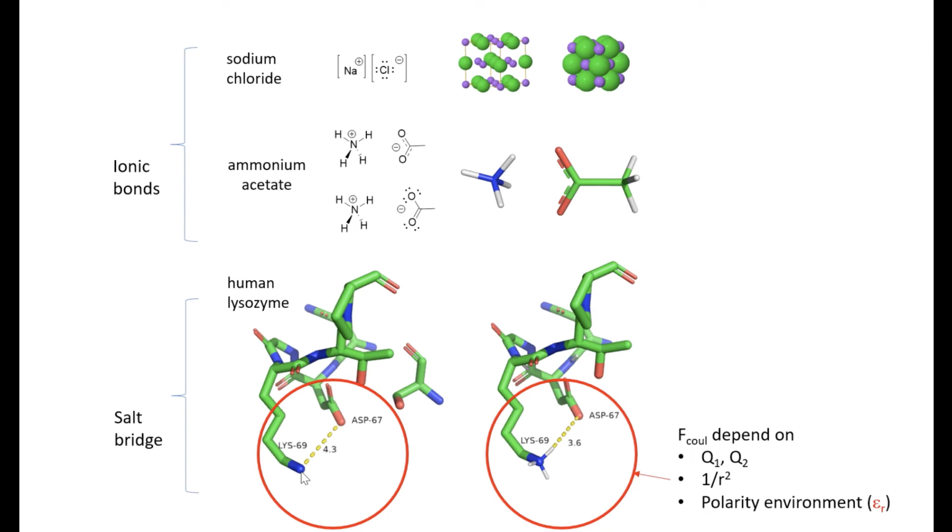A positively charged lysine, which is a protonated amine, and a negatively charged aspartic acid are ions which get close enough to form an ion-ion interaction. The magnitude of the Coulombic force between them depends again on the charges Q1 and Q2, which in this case are +1 and -1, 1 over the distance squared between them, and also the polarity of the environment, which is determined by the dielectric constant in that local environment. The magnitude of the force between partial, not full charges in molecules